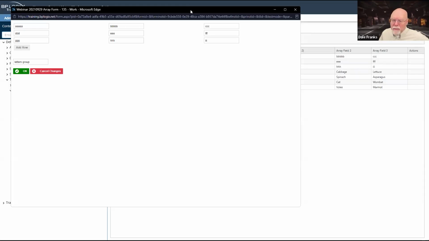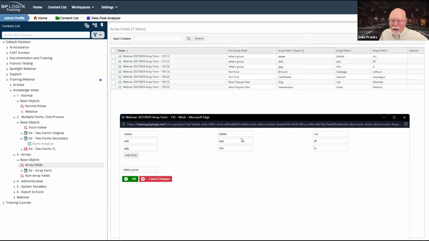Process Director, whenever it comes across an array like this, is going to say, all right, if I've got to build a knowledge view, then I'm just going to build one record returned for each row in the array.